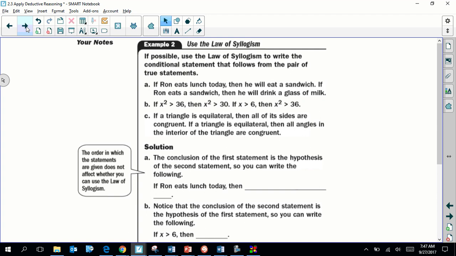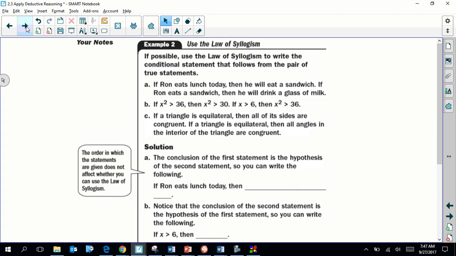Now we're getting into the law of syllogism. Remember, the law of syllogism relies on the fact that the conclusion of one statement and the hypothesis of another statement have to match. They don't necessarily have to be in one order or another. As long as the hypothesis of one statement and the conclusion of another statement match,